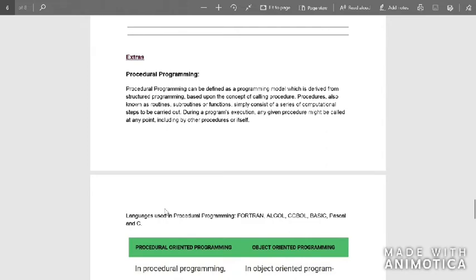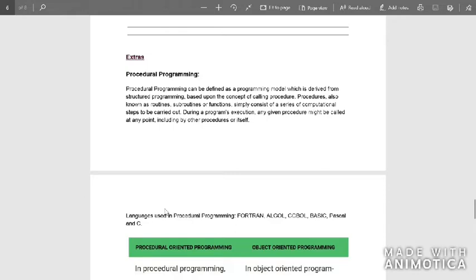To understand this properly, let's take the example of the calculator. In a calculator, when we have to find the sum of two numbers, we don't have to go check the cube root code, or the code of the multiplication or anything. We just have to directly go to the code of addition and then find the sum of the two numbers. This is possible because the whole program was divided into different parts. That is what procedural programming means. Some of the languages which use procedural programming are Fortran, Algol, COBOL, BASIC, Pascal, and C. These are just a few examples.